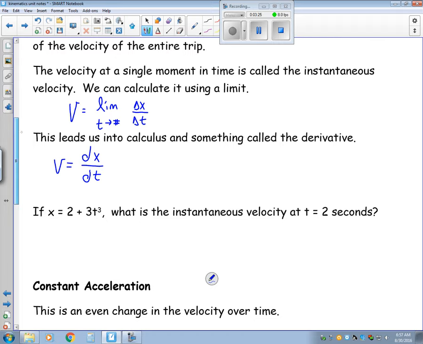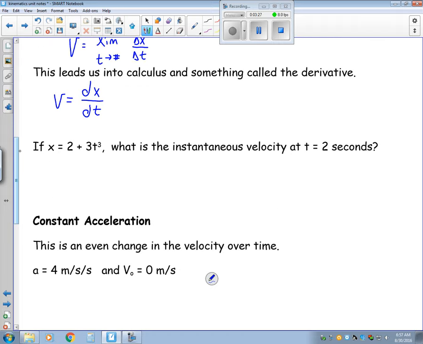So let me show off a little bit here. Let's say we have a function x equals 2 plus 3t cubed. What is the instantaneous velocity at a time of 2 seconds? Looking at this, we have a t cubed, so that's an S-curve kind of graph. It's definitely something that has a shape. So to do the derivative,